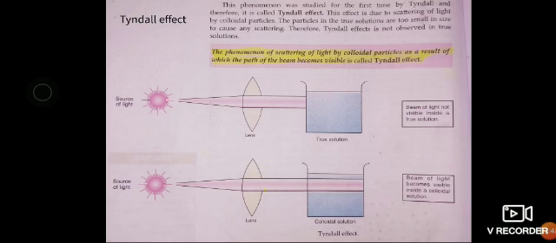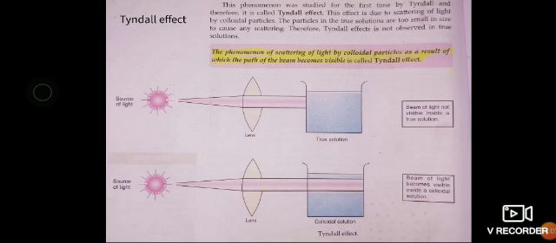The particles in a true solution are too small in size, due to which there is no scattering of light in a true solution